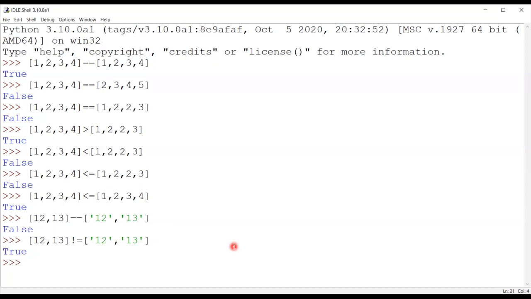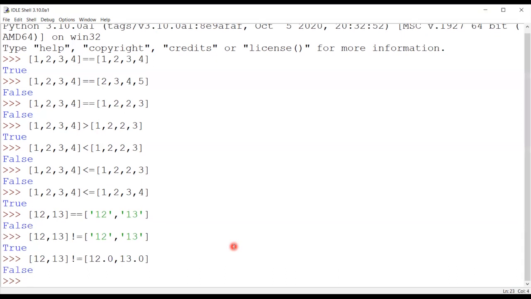But one more variation is here. If I write 12.0, 13.0, I will get the result as true. According to me, as I told you, since comparison cannot be made between two data types, the answer should be false. The answer is wrong, but the answer is correct. Why? Because if we compare integer and float values in these terms, then both are equal.